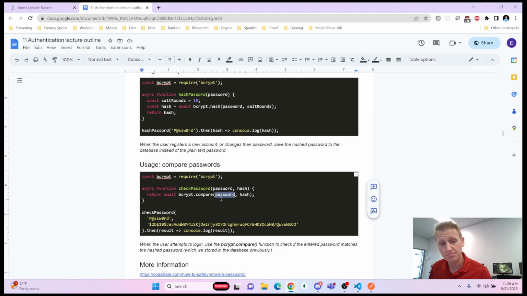takes the plain text password. Again, the user's trying to log in now, so what password are they giving me to log in with? And then what is the hash value that is stored in the database? And this compare will basically return true or false, saying, hey, the password that is given matches the hash with the data that's